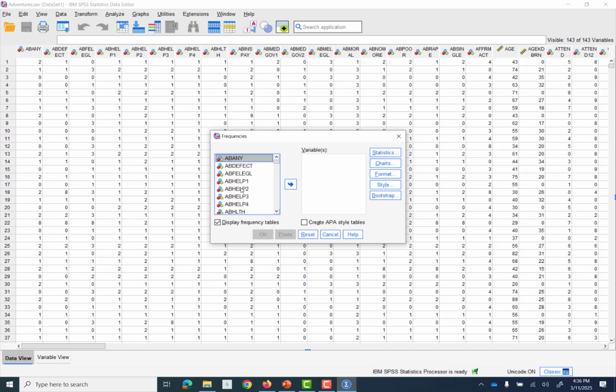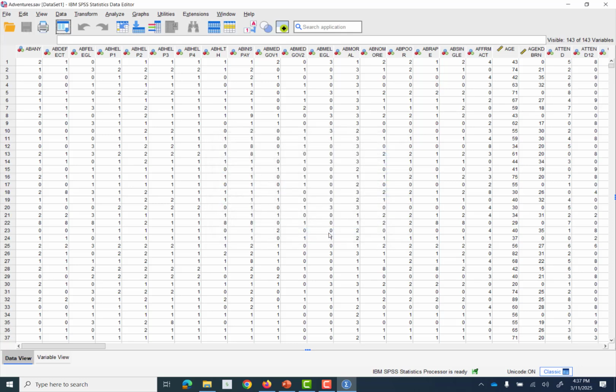But the problem with this is every time you do anything, it's going to go back to displaying the labels, and you have to right click here, display variable names, and so on. So instead of doing that every time, I'm going to show you how we can do it once and for all. So we're going to go to Edit